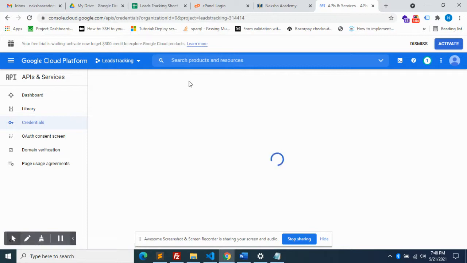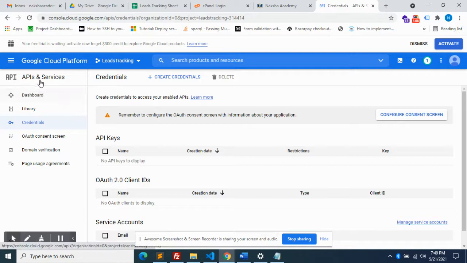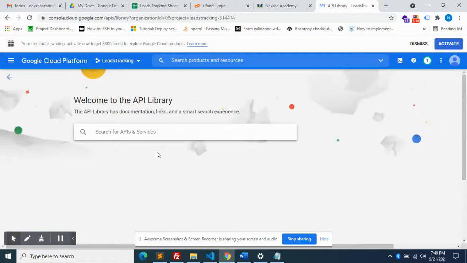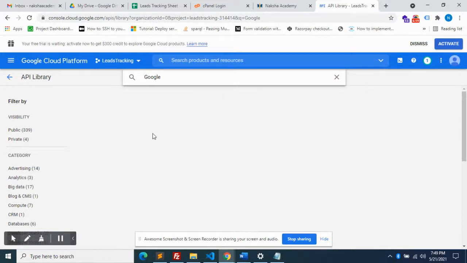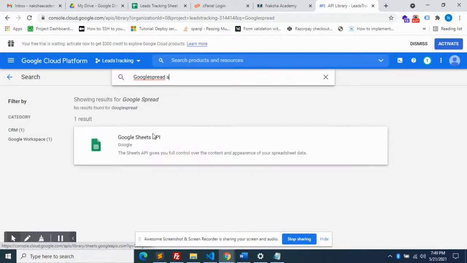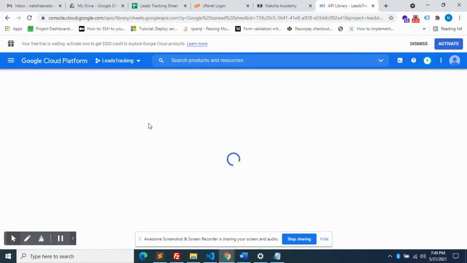Enable APIs and services. You can click here and search for the API. You need the Google Sheets API. Spreadsheet.